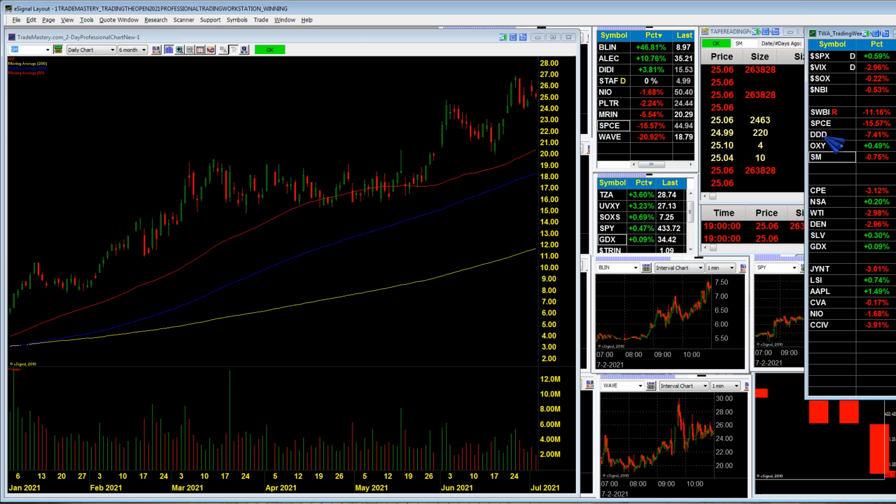SM has a really similar chart pattern and a nice uptrend going all the way from a paltry $7 a share up to $26 a share, for a fourfold increase in value over the recent months. Looking for a breakout up in new highs over the 27 in SM. Sierra,